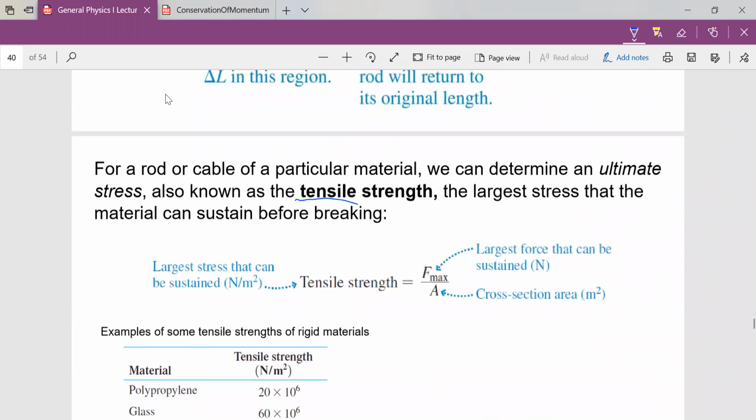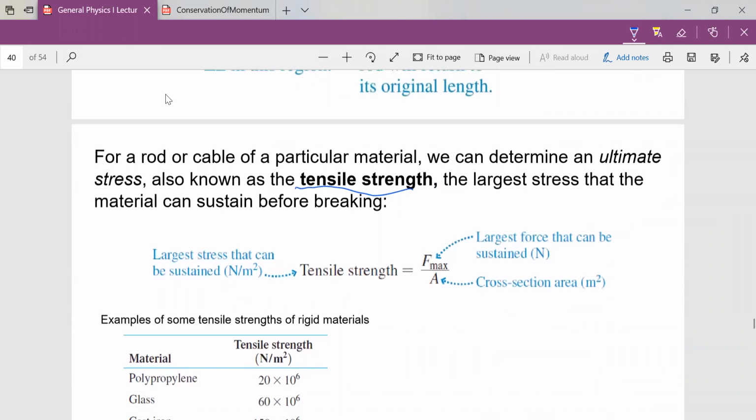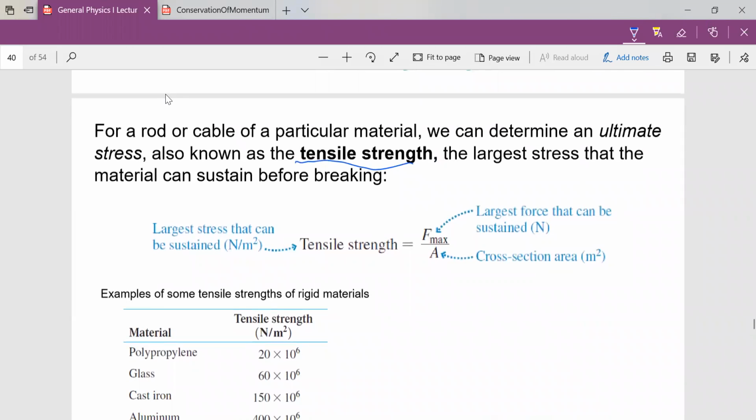And that's what we are emphasizing here, that for a rod or a cable, the particular material we use matters, and we can determine an ultimate stress, also known as the tensile strength, that is the largest stress that material can sustain, beyond which it goes to the breaking point. Okay, so we have seen tensile strength. We have also seen tensile stress and tensile strength. So just note the difference between these two words, okay? One is describing a breaking point. One is describing,